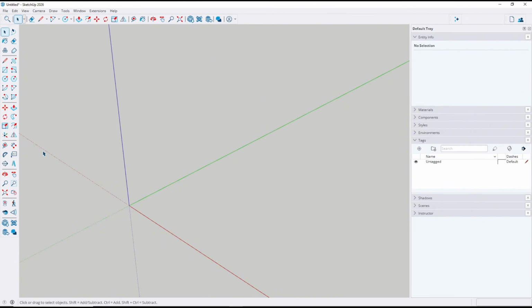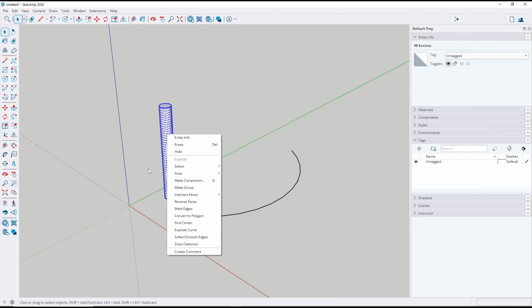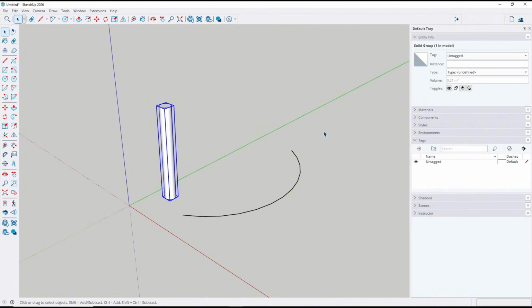As an example, you can draw an arch in here and I will draw a circle again. Now use the Push/Pull tool to convert it into 3D. You can make this object a group. Now you can select